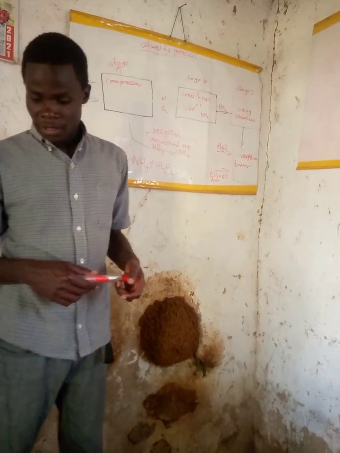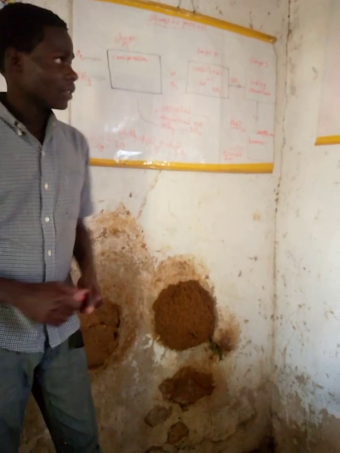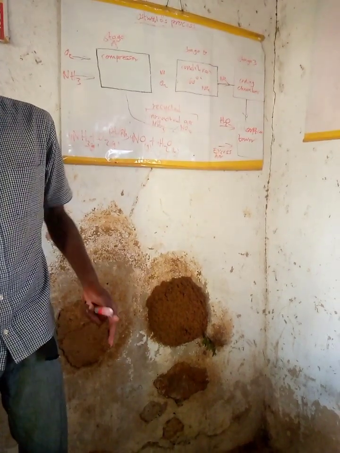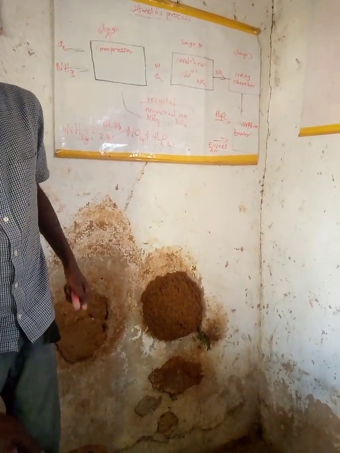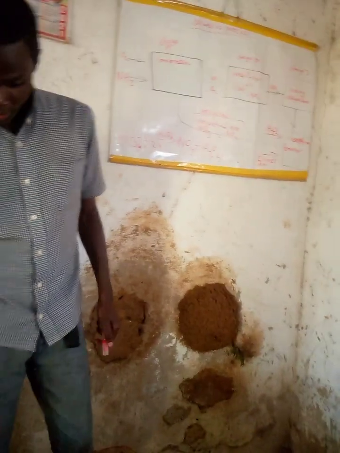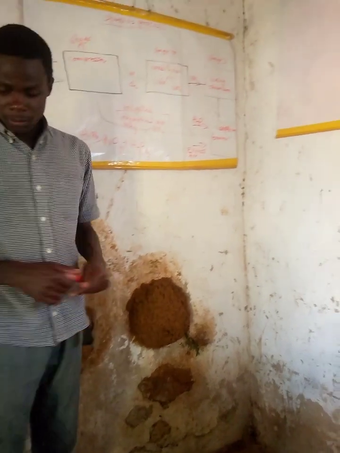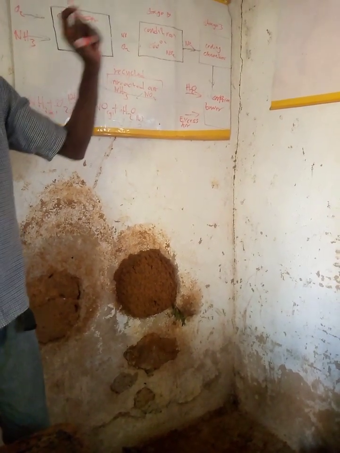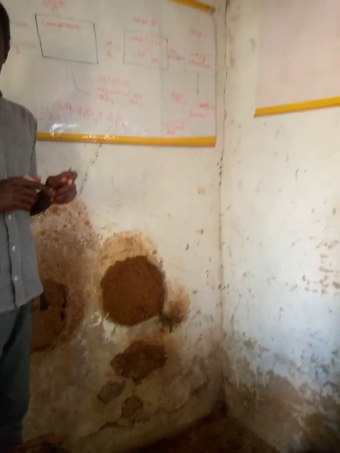So let's talk about the properties of dilute nitric 5 acid. Here we are talking about the dilute nitric 5 acid. You should take note, because I'm about to talk about concentrated. There are just 3. So reaction with metal carbonates and hydrogen carbonates. When you take a metal carbonate plus dilute nitric 5 acid,